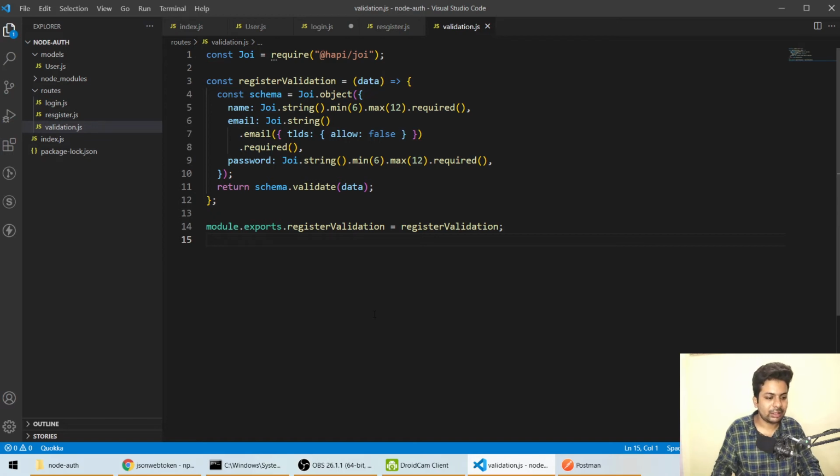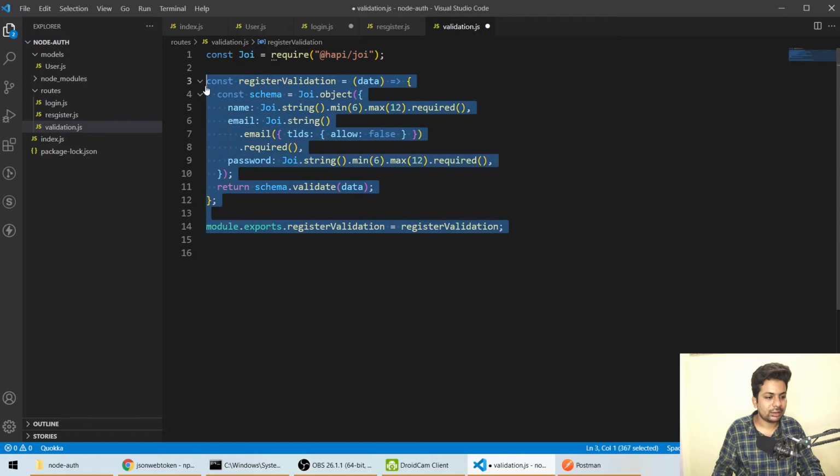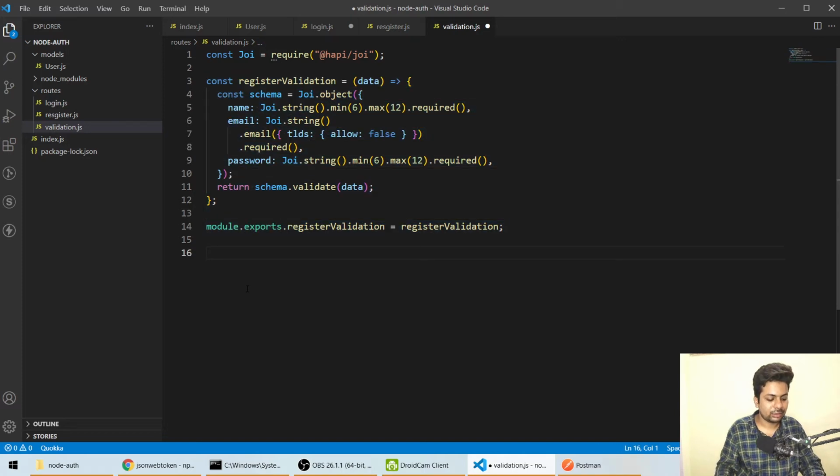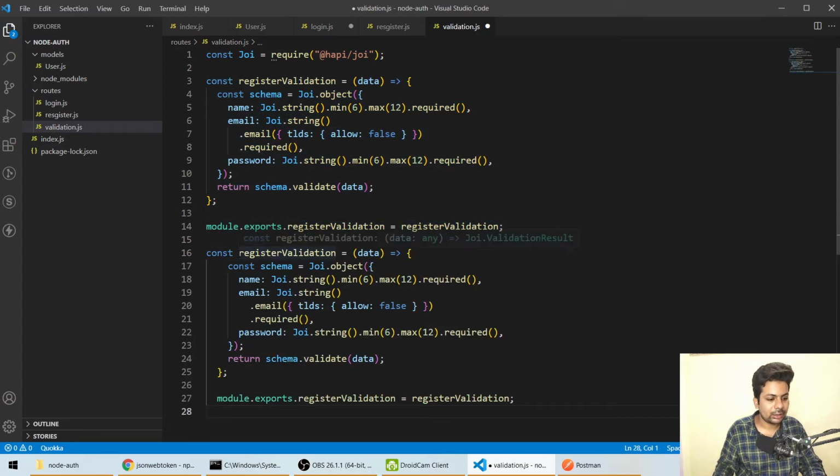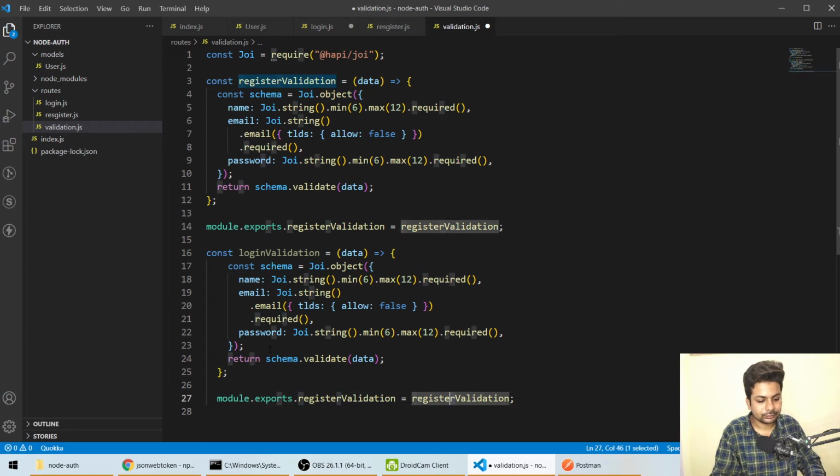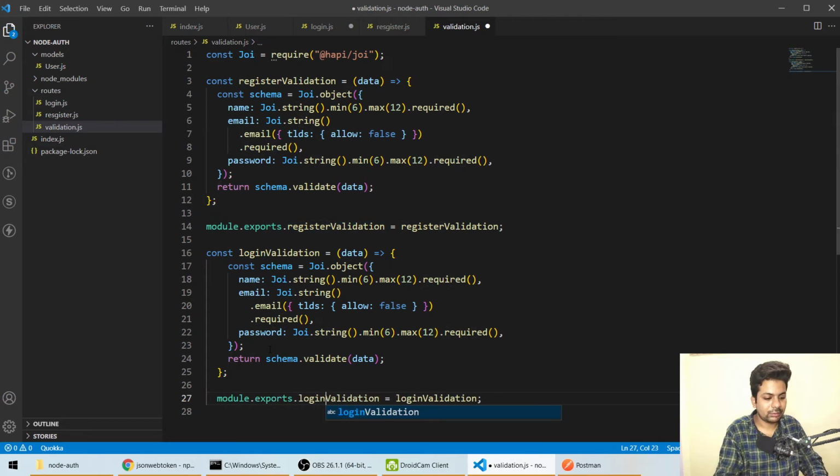So for that we'll make another function. Let me just copy this whole of it, and this time we'll call it login validation. Now here, what we'll check is whether the email is perfect.